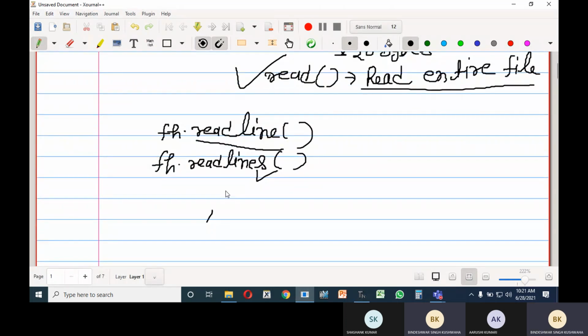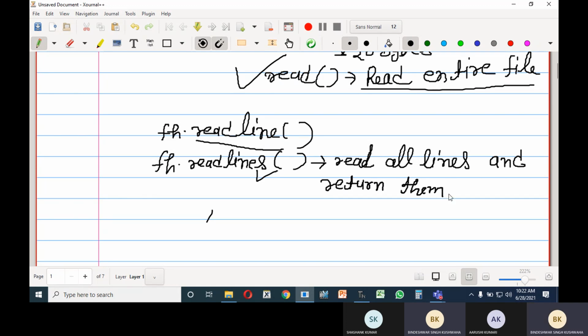Readlines will return a list. So readlines reads all lines and returns them in a list.